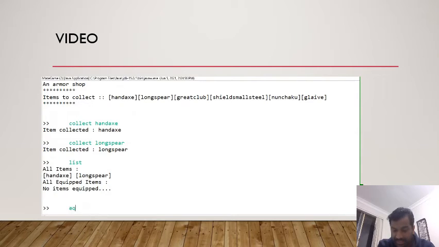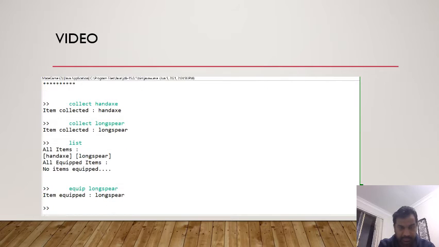To equip items from the list we are using the equip command, and the unequip command we are using to unequip the items.